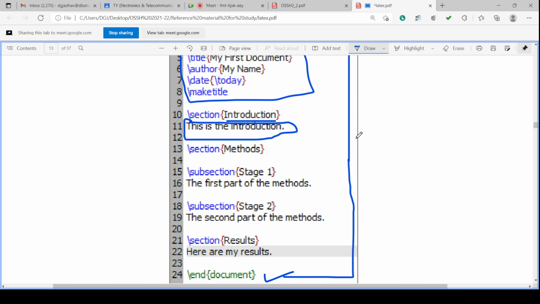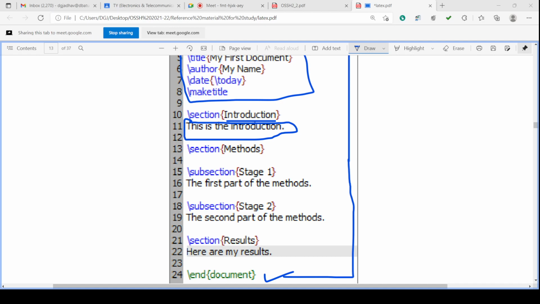Whatever text under the introduction, you can put there, by copying and pasting, or you can directly edit there by keyboard. Okay. So this is about the first section and the details or text under the first section. So the first section is this.